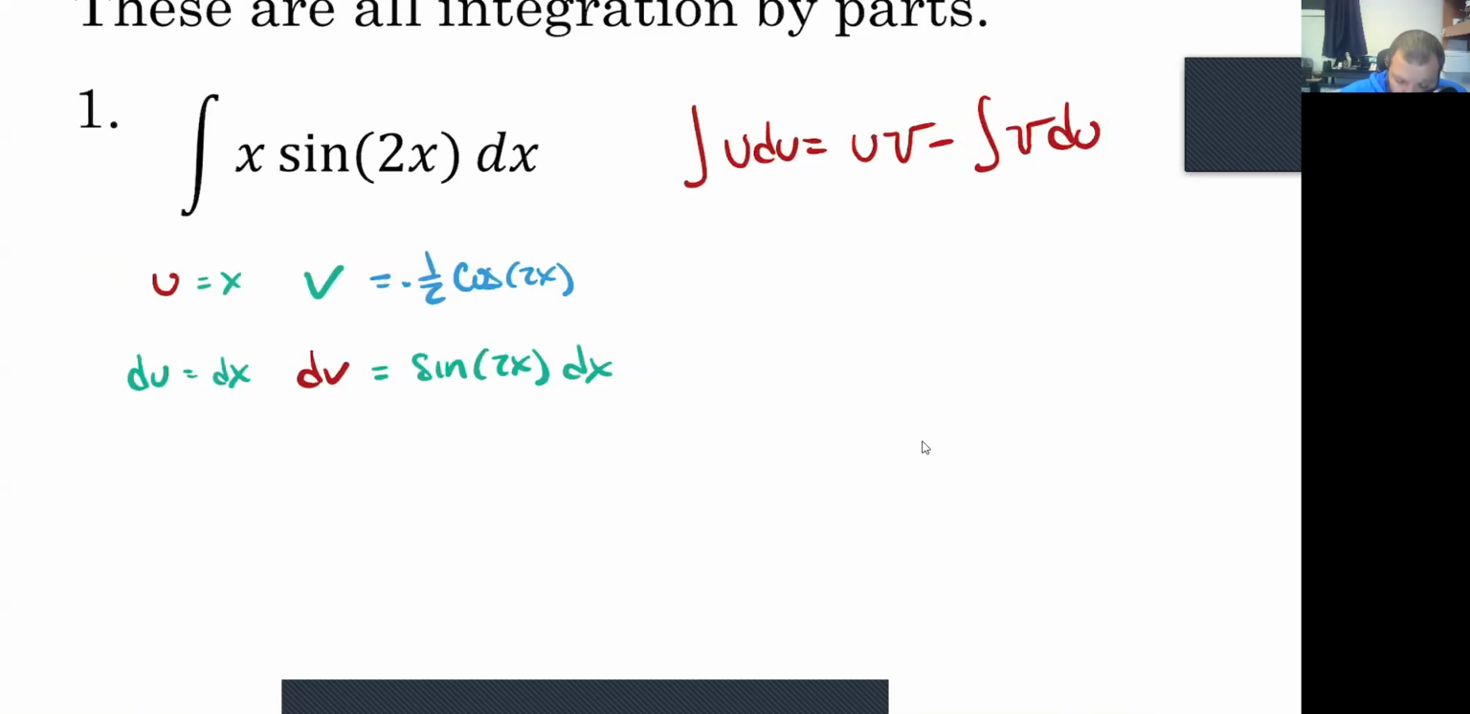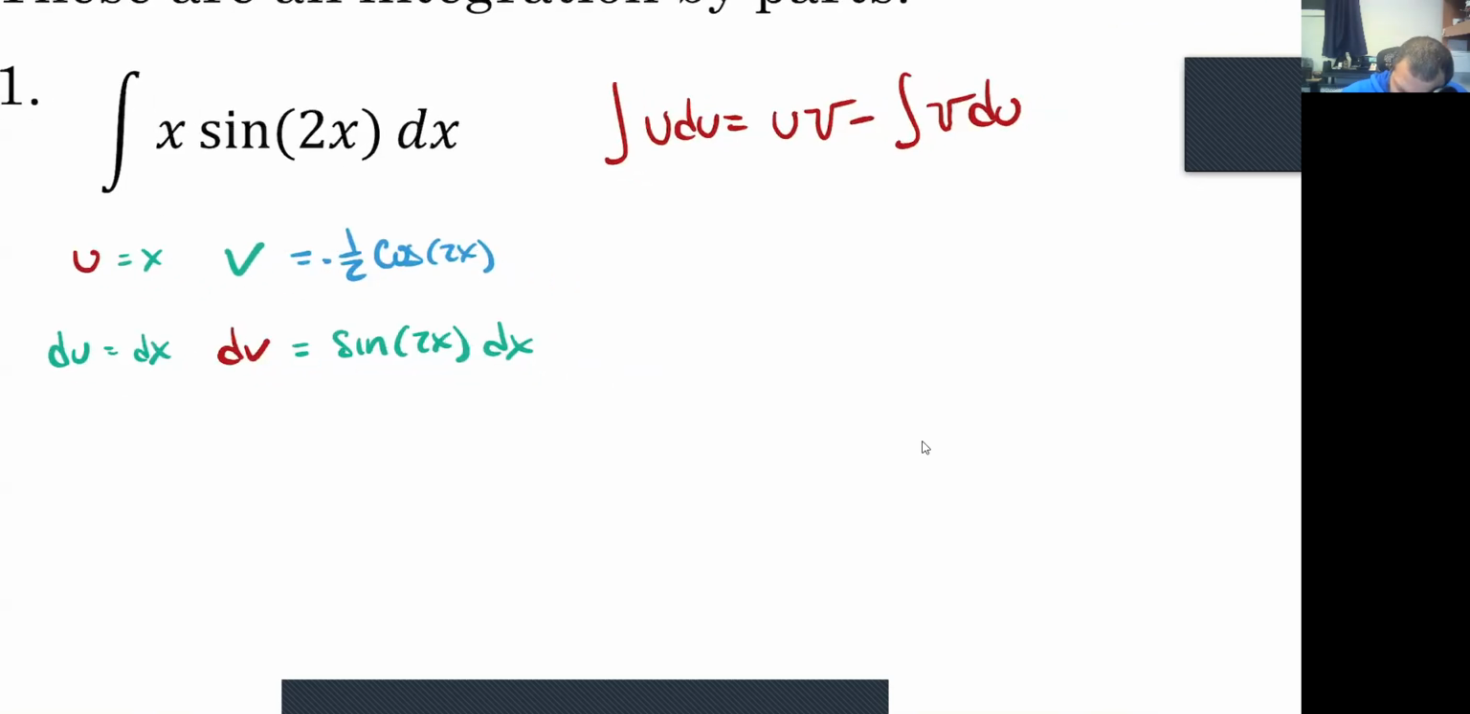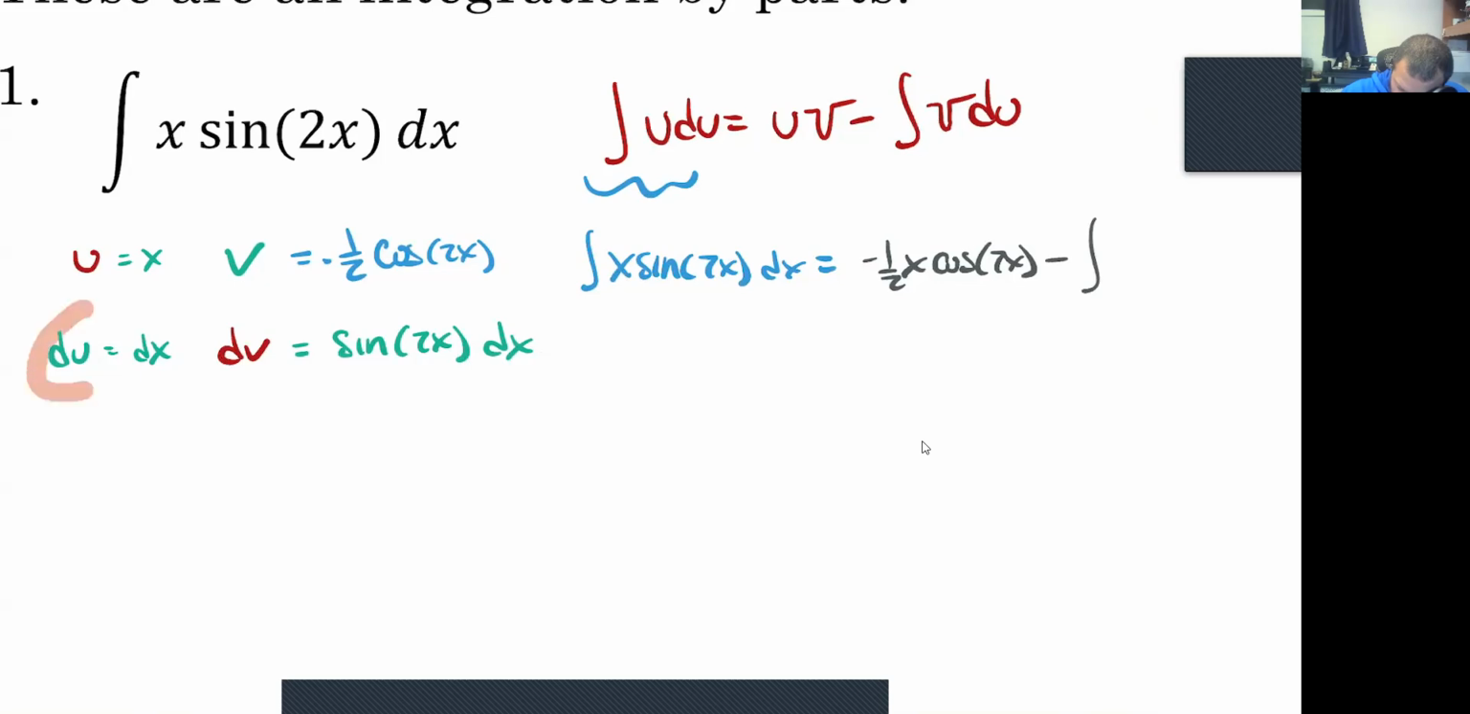All right, so then when we plug in what we know, I would say u dv is just always going to be the original function. Right? We would have x sine of 2x dx. So u times v is going to be negative 1/2 x cosine of 2x minus the antiderivative of v du,